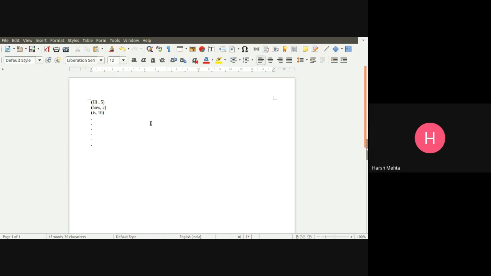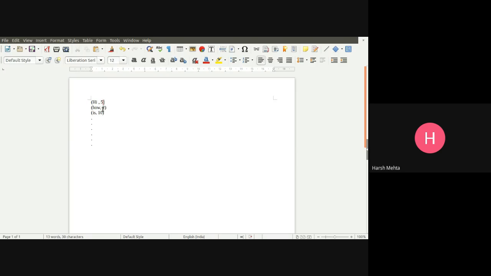Now what will the partitioner do? Let's say this kind of output we have. This is just a sample output, right? Now in the output we have, let's say, not lakhs, we have crores of this kind of format.